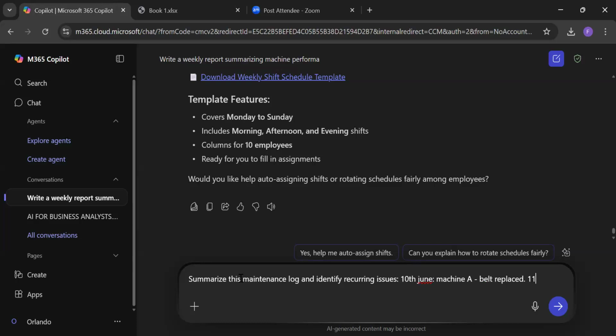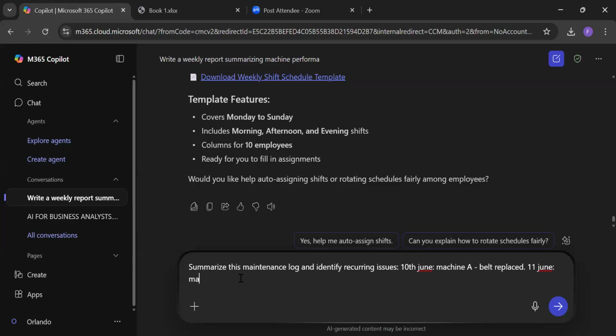On the 11th, machine B had a cooling system issue.